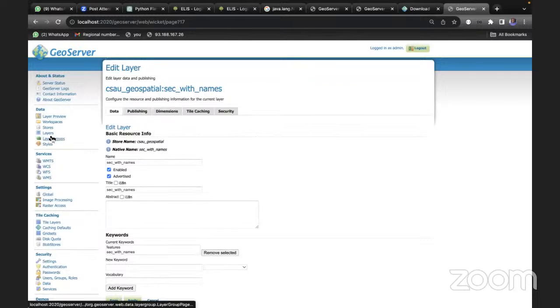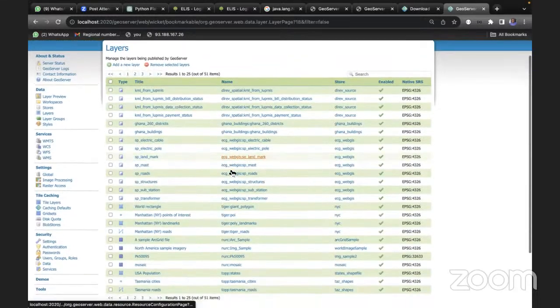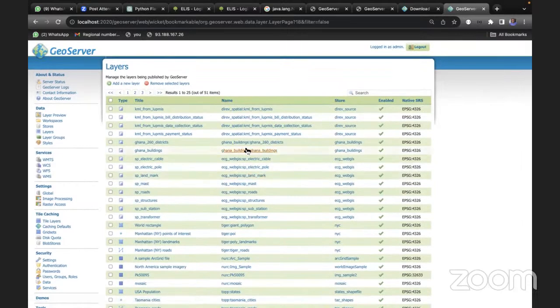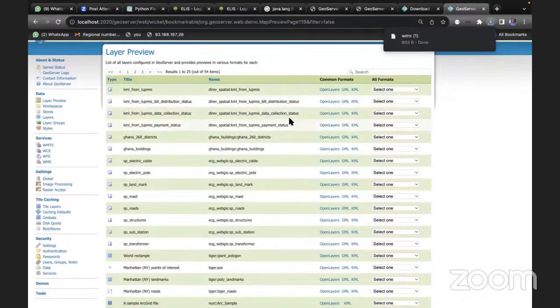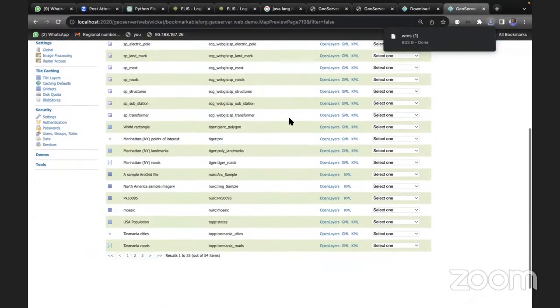So this is a sample of some layers that have been published. If you want to see what a layer looks like, you can go to preview, where you can see the layers. So if you go here and say, okay, I want to see this layer. Okay, I think this layer is not showing. Let me get